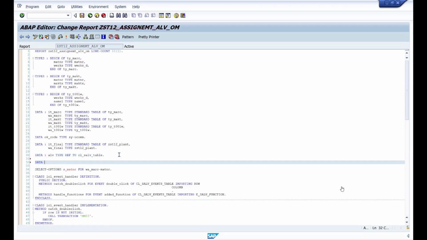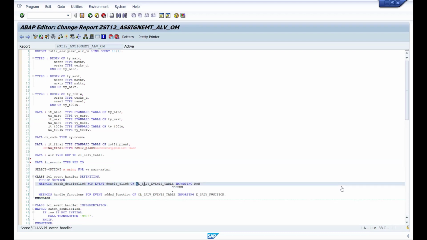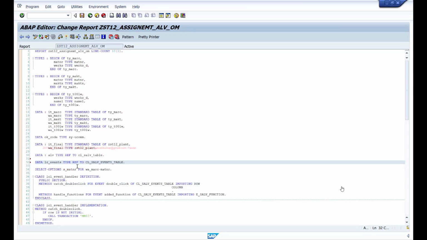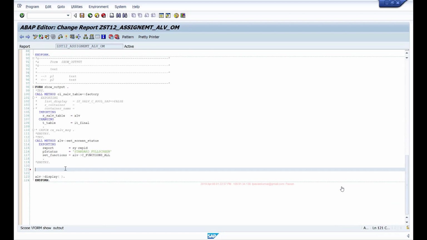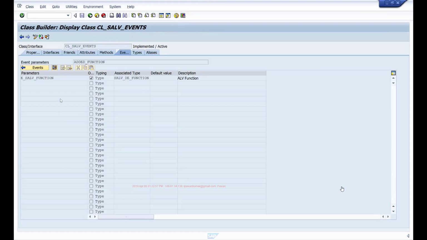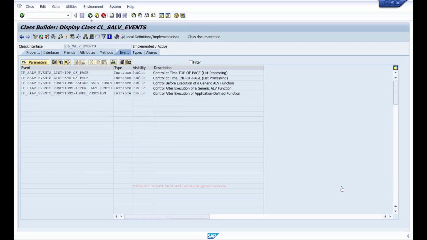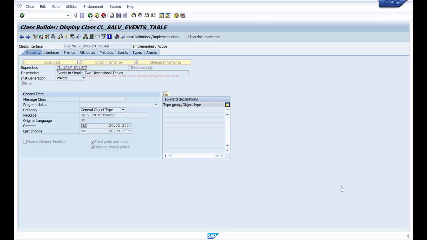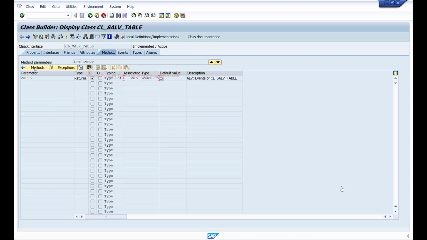I'll define data lr_events type reference to this class, and when I call this method, lr_events equals alv get_event.